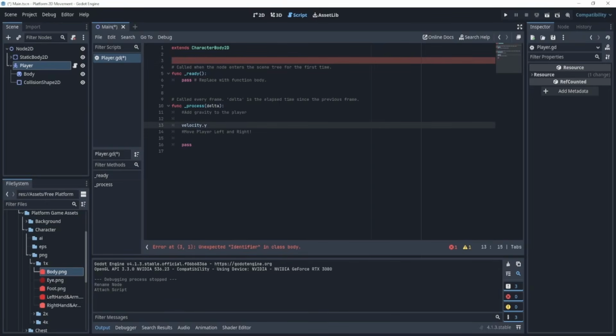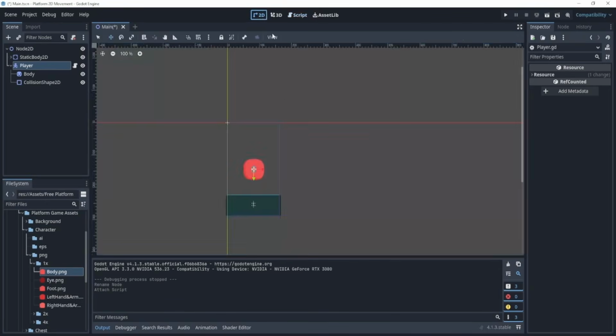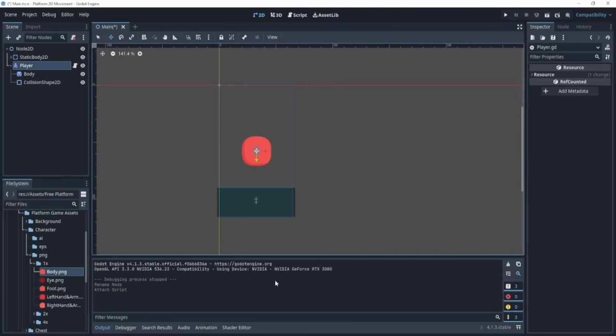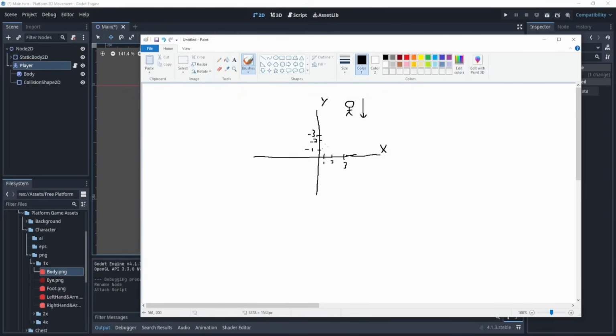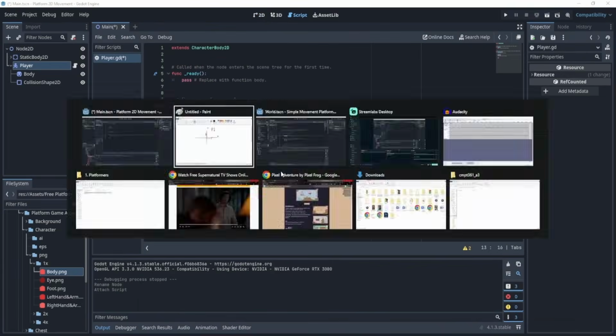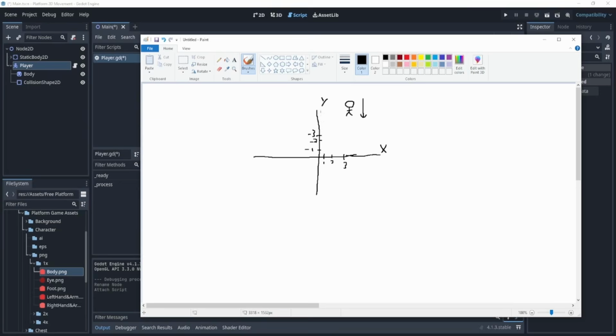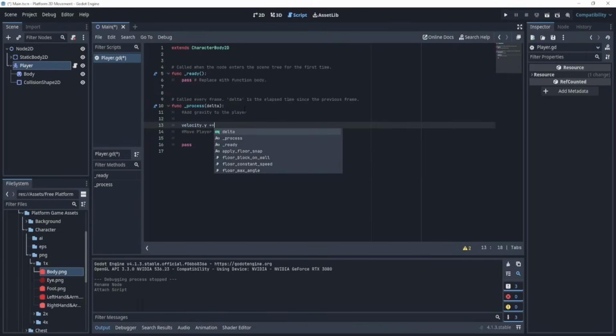Now, I'm going to ask you a question. You're going to try to guess. When I want to add gravity, thinking back to my graph, do I want to add velocity or subtract velocity? Hopefully you've guessed that we actually want to add velocity because the top side is negative. So we want to go this way, right? Because if we were to subtract, we would be going upwards. So we're going to say plus equals, let's say 200